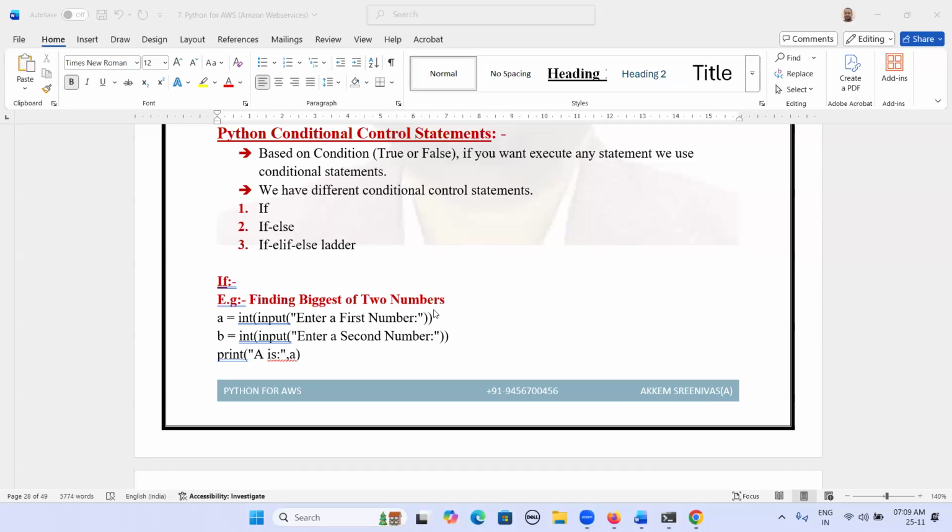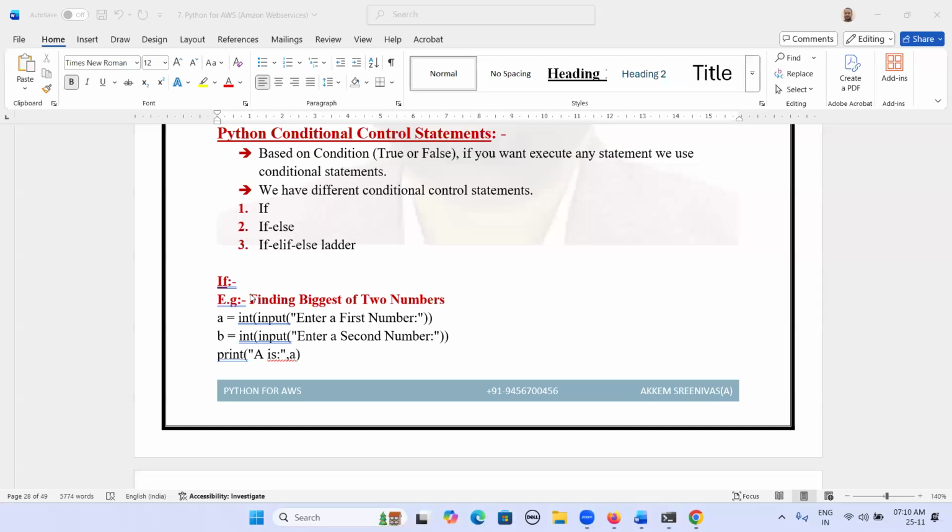Here we have different conditional control statements: if, else, and an if elif else ladder, meaning if elif elif elif else, such a ladder you can create. So first let's start an example with the if statement.